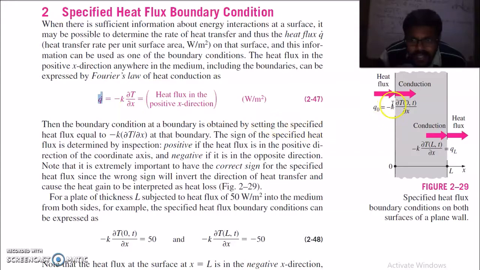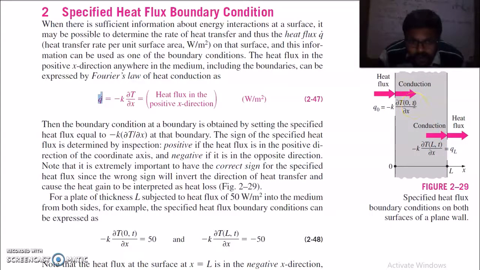So at this place you can place the temperature at the boundary, that is T(0, t), and for this boundary here, which is heat flux going from this boundary to the atmosphere, you can place the temperature with the boundary condition T(L, t). Now this is the heat flux at L, this is the heat flux at q naught. So these two are the boundary conditions.